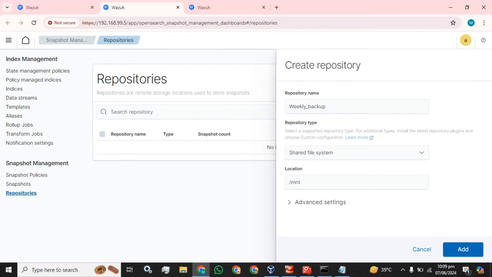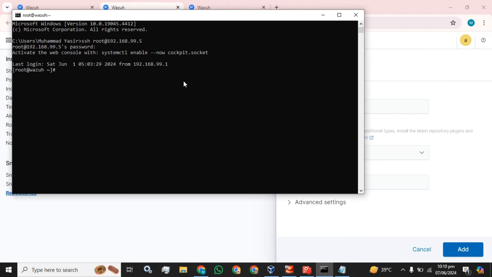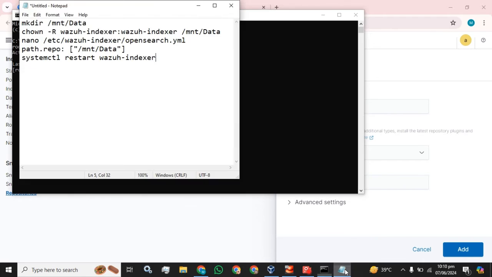We have to follow some steps before creating or attaching the repository. Here we have to define the location where this backup will be stored, where this repository will be created at our Linux machine. So just SSH into your Linux machine on which the Wazuh server has been installed,